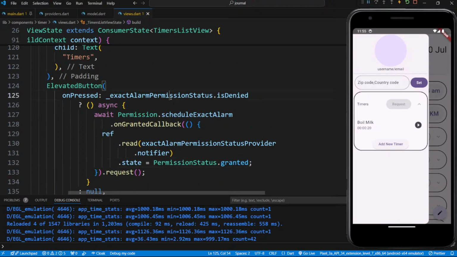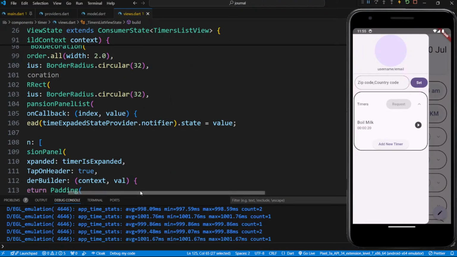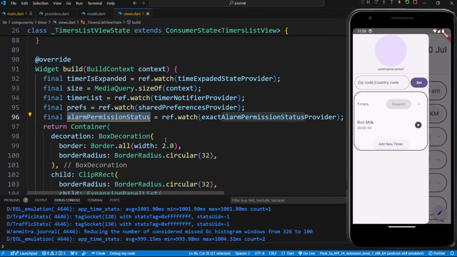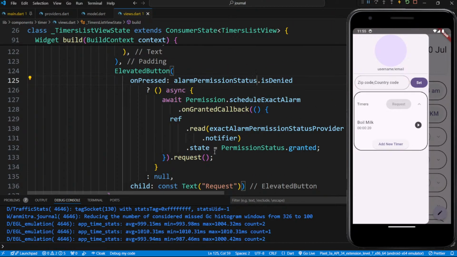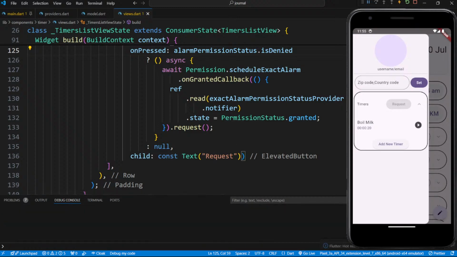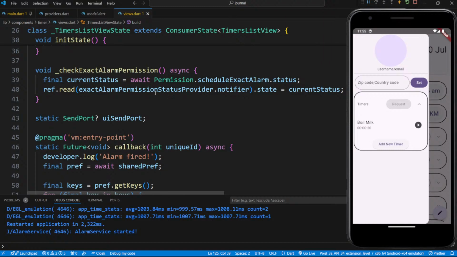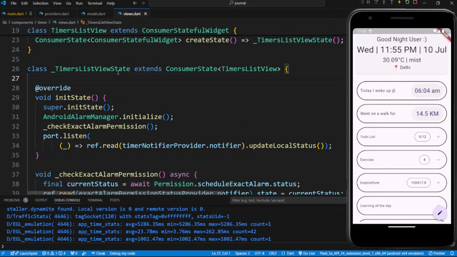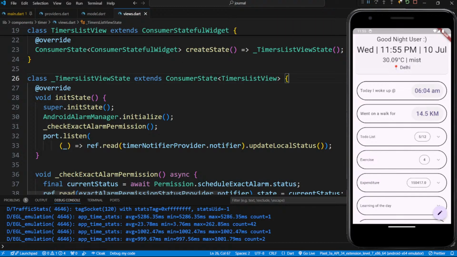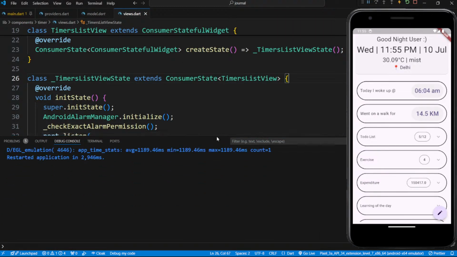And if exec LM permission, we don't have to do it this way. LM permission status, we can do it this way. If LM permission status dot is denied, then do this, or else run this. Okay, let's reload this page, and before reloading we also need to remove this. Remove this, reload, one second. Okay,